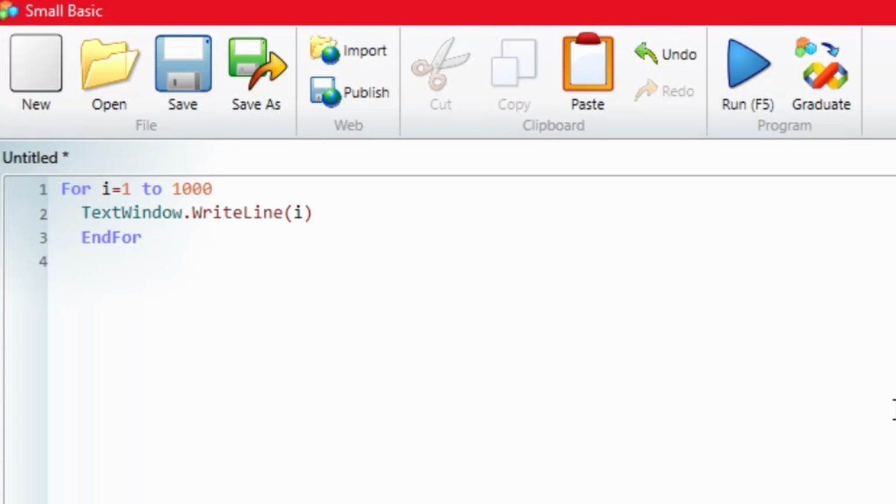Now suppose I want that when the user inputs a number, then the forward counting will be printed up to that number.